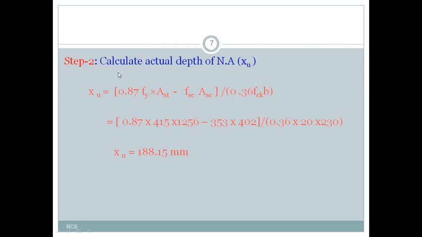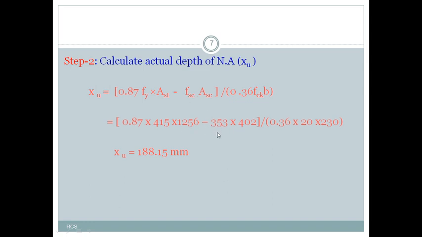This formula is obtained by equating total compressive force to total tensile force. If we rearrange the terms, we will get Xu equal to 0.87 Fy Ast minus Fsc into Asc, whole by 0.36 Fck into B. Now substitute all the parameters known to you in this equation to get Xu. So let's substitute 0.87, Fy is 415, Ast is area of tension reinforcement, that is 1256, minus Fsc